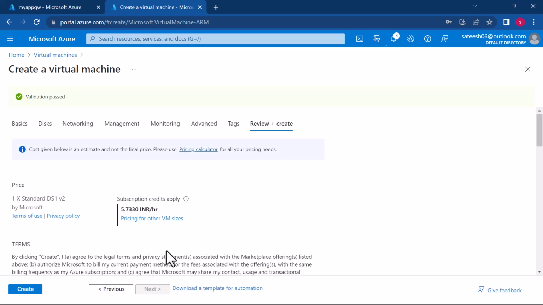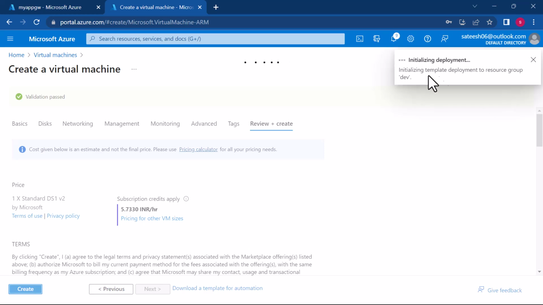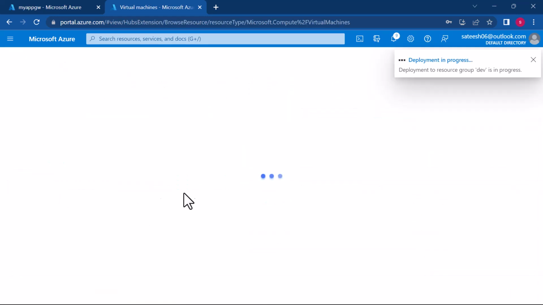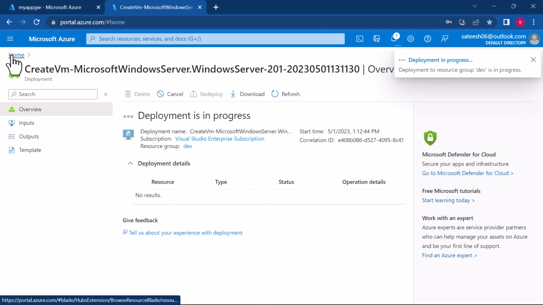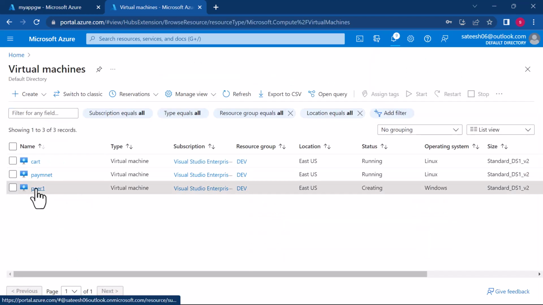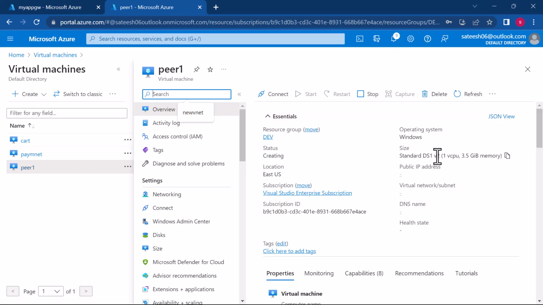Okay, let me select this option called create. Validation is passed. Now it is creating. It is initializing the deployment, submitting the deployment. Let me go here and see whether the first virtual machine is created or not. Yeah, the peer 1 virtual machine is created. Let me log into this first virtual machine, peer 1. Let's take the IP address, copy this IP address, go to RDP,